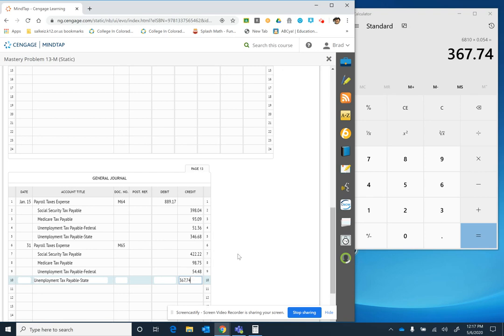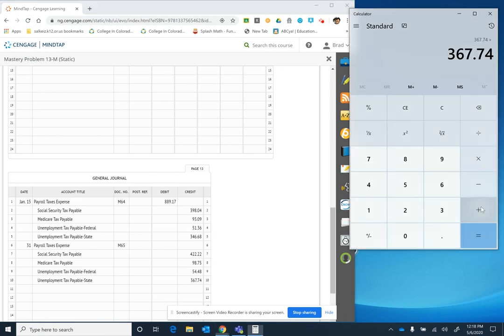$367.74. Great. Now to figure out what our payroll tax expenses are for this pay period, the 16th to the 31st, we're going to add those up. So $364.74 plus 54.48 plus 98.75 plus 422.22. And that gives us